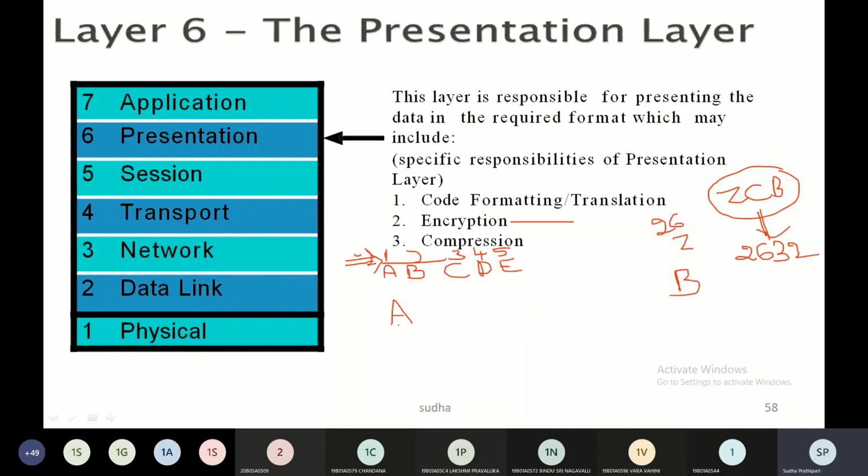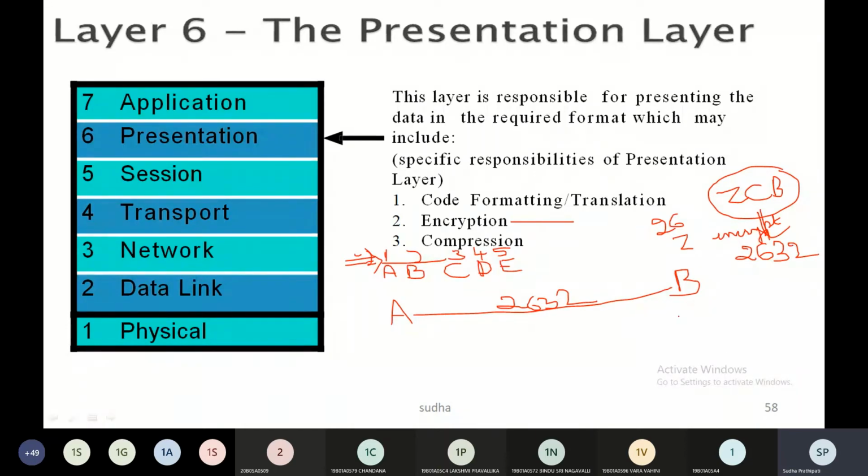This process of converting it into another format is called encryption. This encrypted data I'll be transferring between A and B. So the data that is transmitted between A and B is 2632.